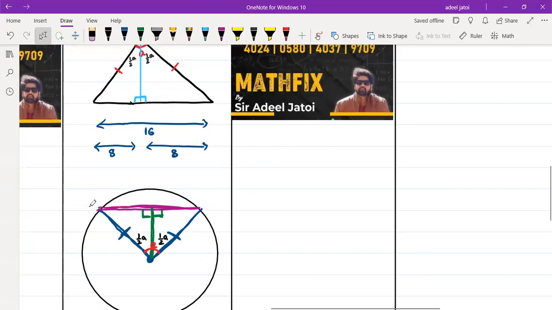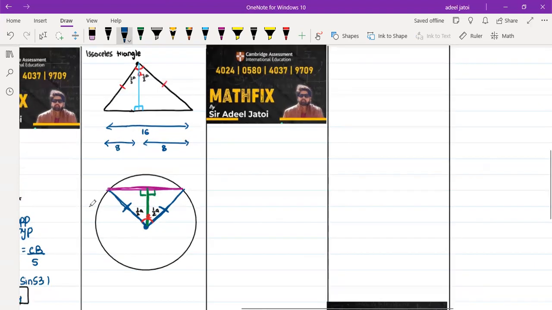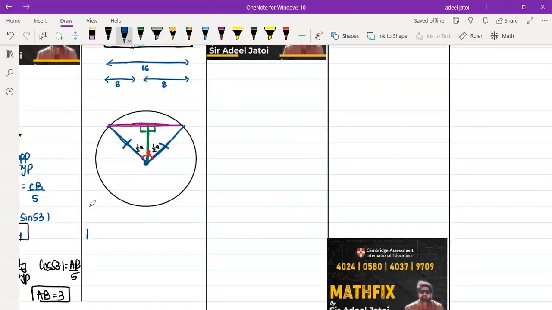So trigonometric ratios can be applied for an isosceles triangle because it will create a 90-degree angle when we divide the isosceles triangle into two equal triangles, which means the property suggests that the isosceles triangle is